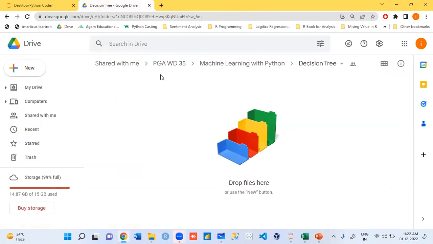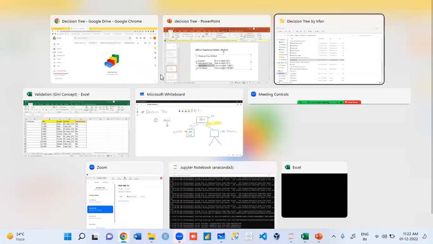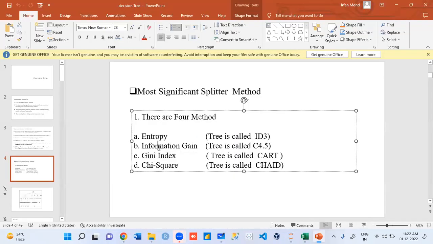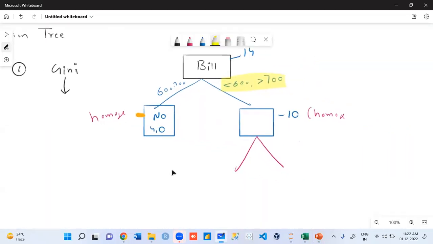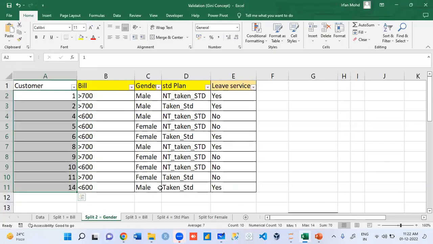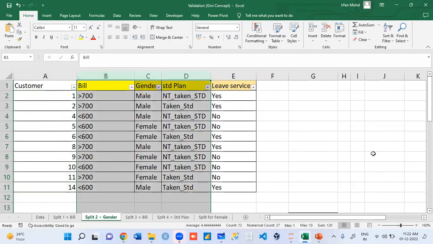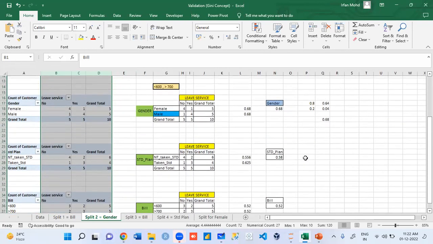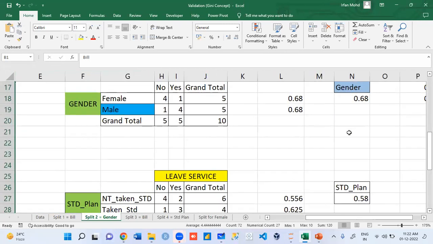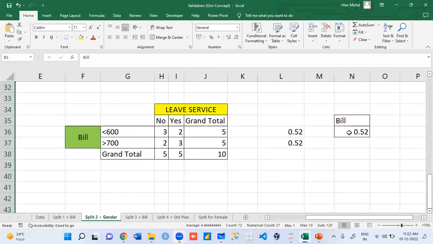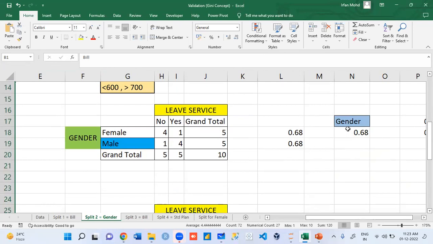You have seen that is called chi-square, point number 1, or you have seen entropy, or you have seen information gain. All 3 can be used to split multiple, except Gini. Gini is binary, 2 branch. Now third variable, I compute Gini value for all 3x. How much is for gender value? Standard plan. Who is best? कैसे फाइंड किया? ये क्लियर हो गया?